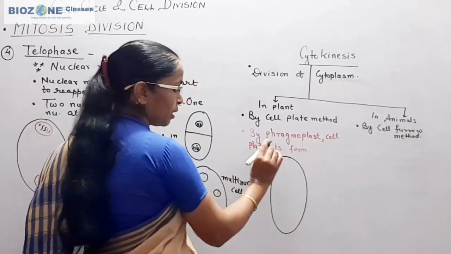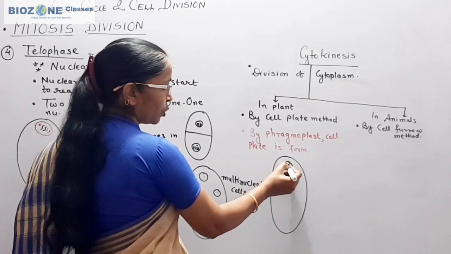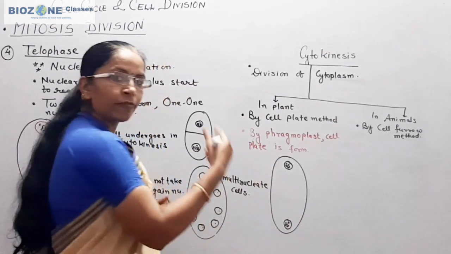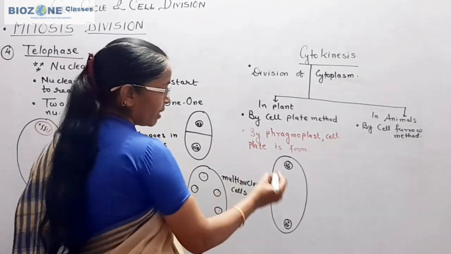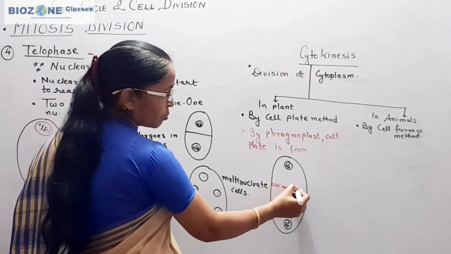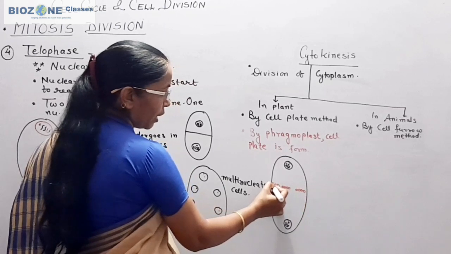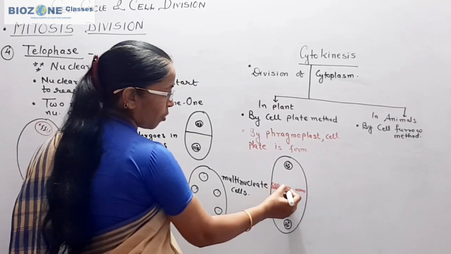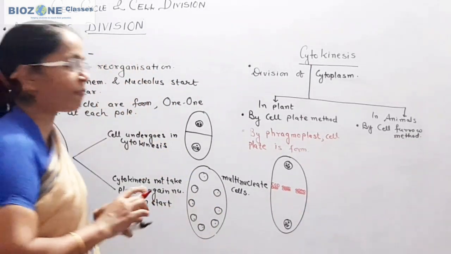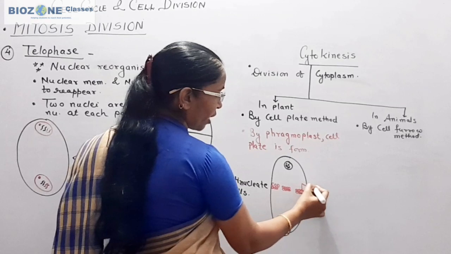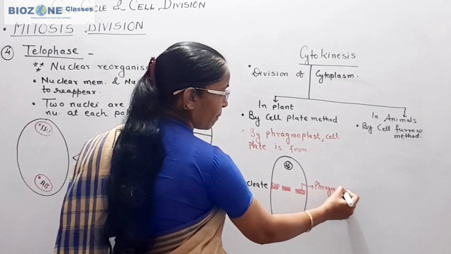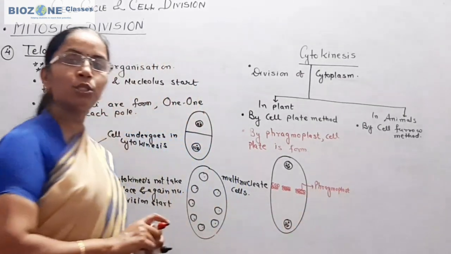Here, remember, this is the cell of the plant. Simple, two nuclei, a very rough diagram of the nucleus I am making here. And after that, concentrate on the phragmoplast. The vesicles of the Golgi body, in small groups, are arranged exactly in the center of the cytoplasm. These vesicles, or the group of vesicles, are called phragmoplast. So for objective purposes, remember phragmoplast is formed by the vesicles of the Golgi body.